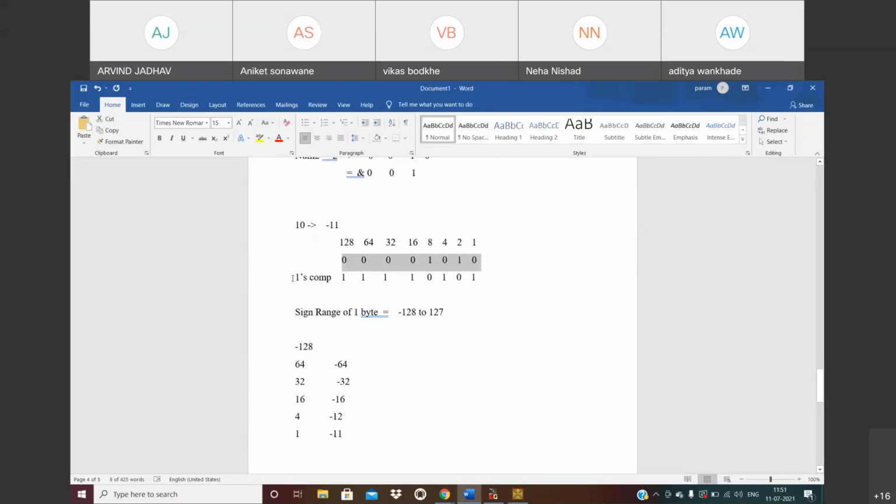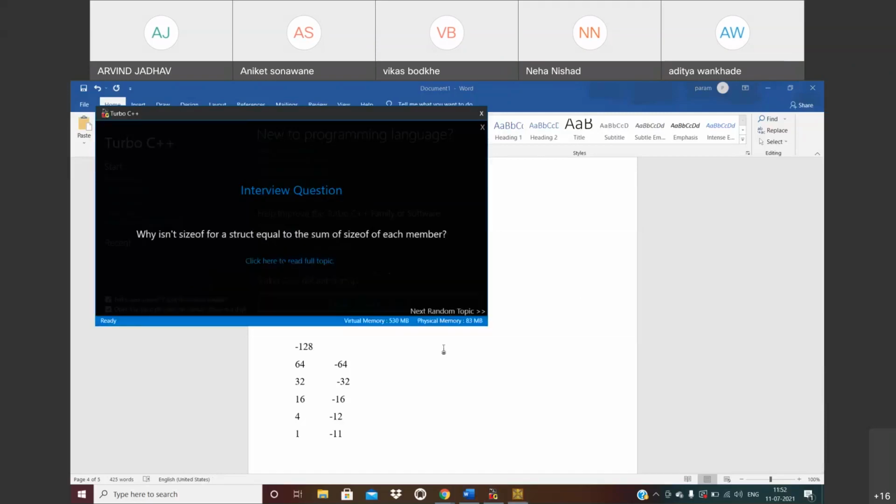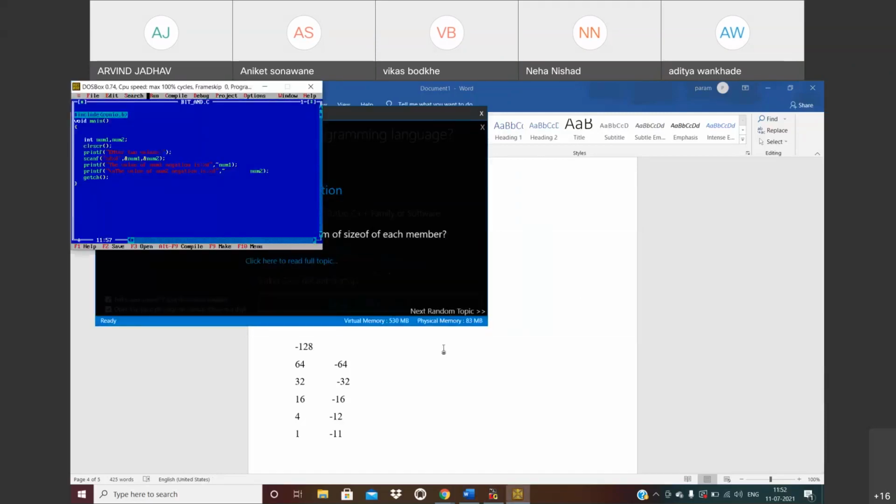After, we need to perform the ones complement, and once we perform the ones complement, we need to replace the first bit with -128. We all know that the range of a 1 byte signed number is -128 to +127. That means this upper bit is always negative. That's why in programs, whenever you write it.